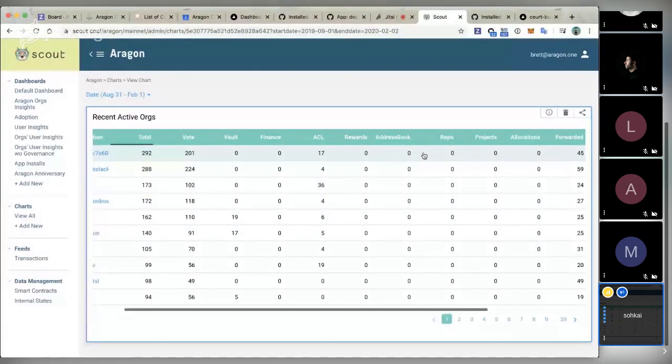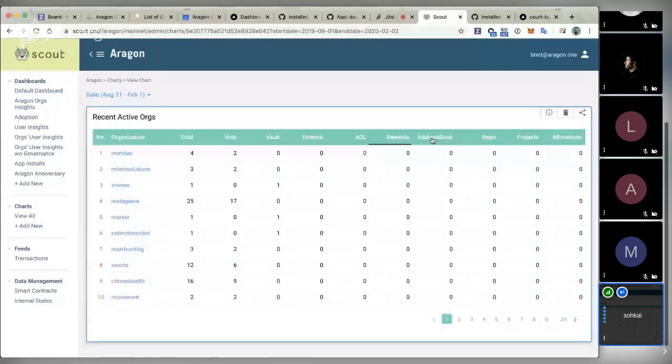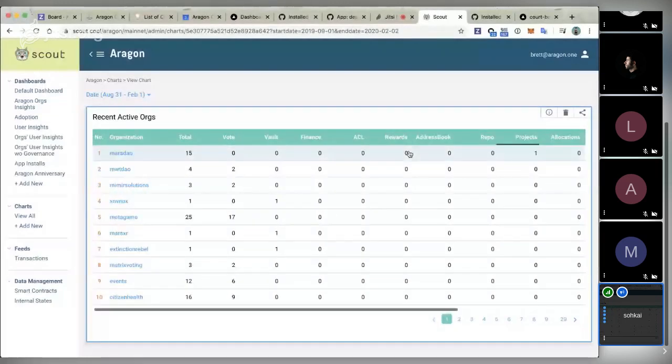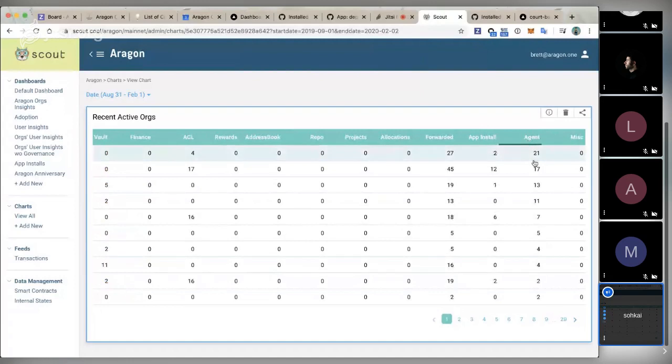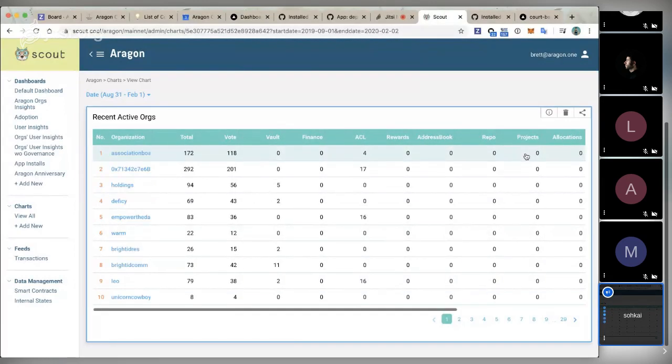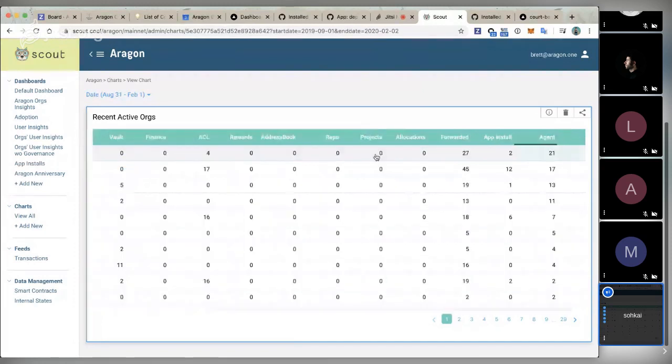It allows us to see how many organizations are using the rewards app, the address book, the projects app, or finance, for example. I think there's also agent here as well, so we can see a few organizations making use of the agent app. It's just interesting insights that we're starting to get now with some of these aggregators.